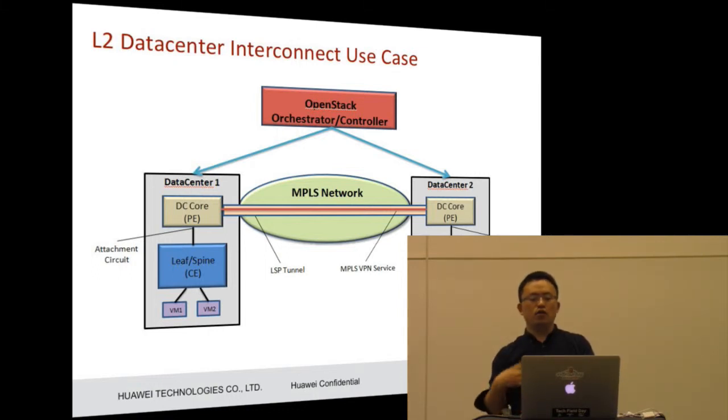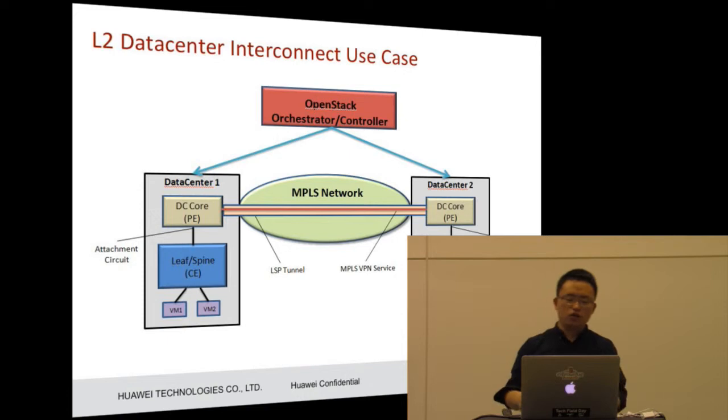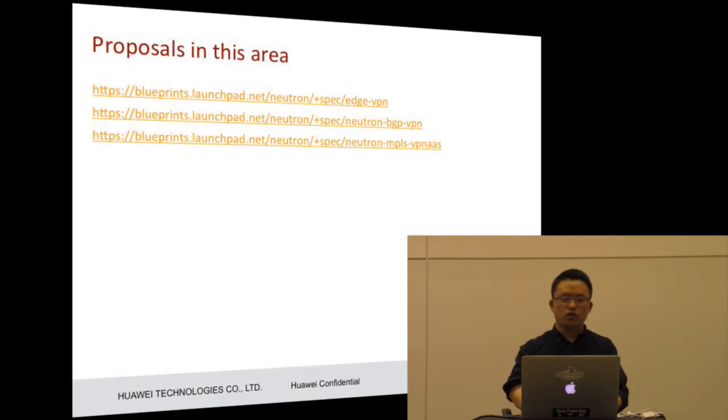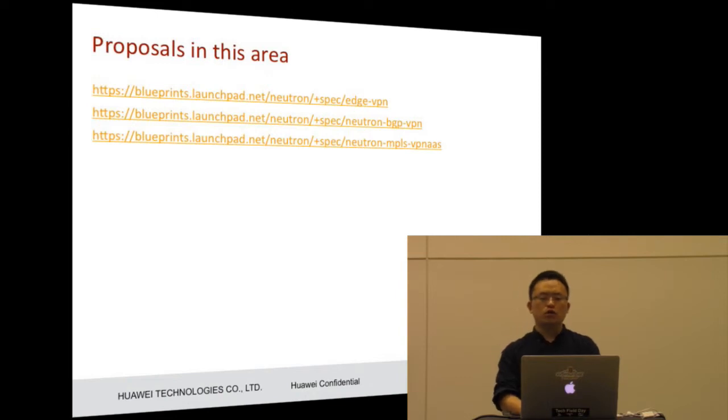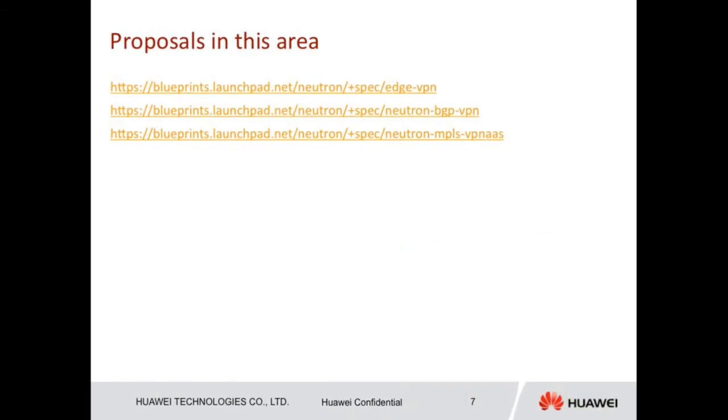If it is the L3 scenario, then it is also okay. But here maybe we need BGP to advertise the connectivity between the different networks. The proposals in this area include Edge VPN, which was initially proposed by Brocade, Mr. Hanif, and Huawei. And Neutron BGP VPN talks about there being a BGP speaker